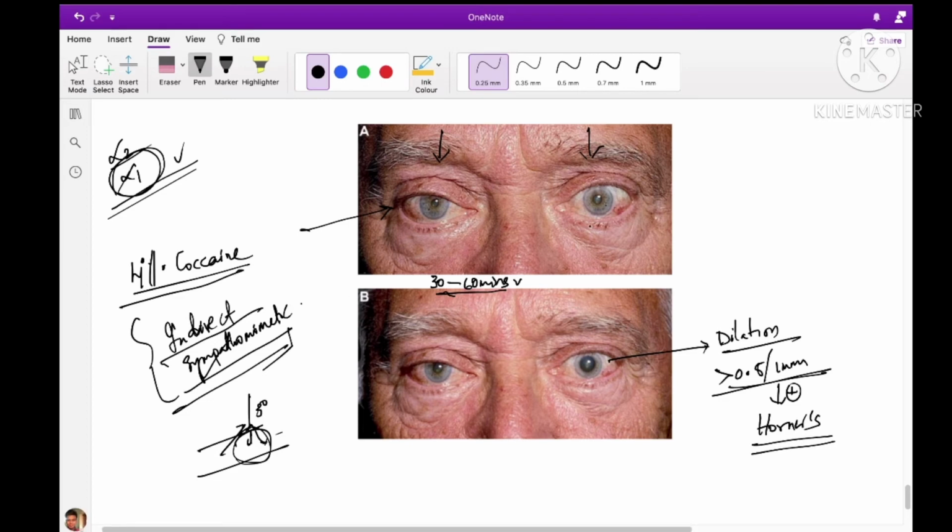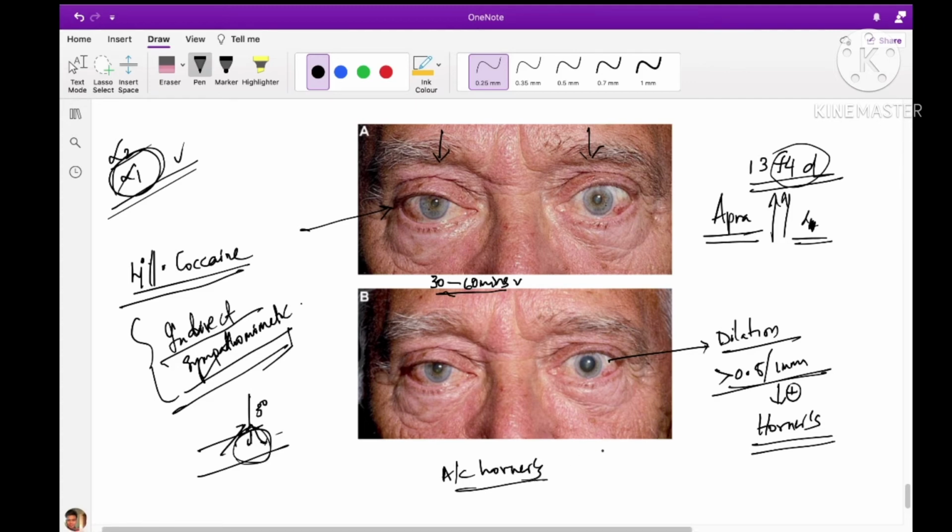When I earlier mentioned apraclonidine, I forgot to mention that there should be upregulation of the receptors, right? There needs to be upregulation of the alpha 1 receptors at the dilator pupillae. For that upregulation, about 12 to 14 days will be needed. There have been cases in which you got a result before this number of days, but in most cases it will take about 14 days.